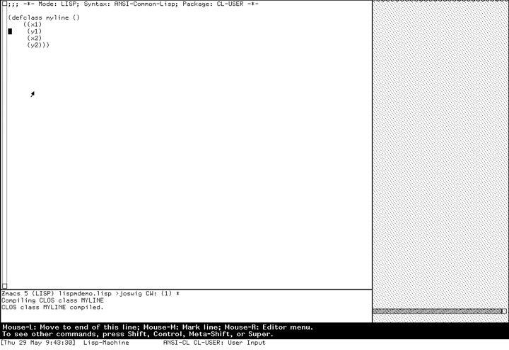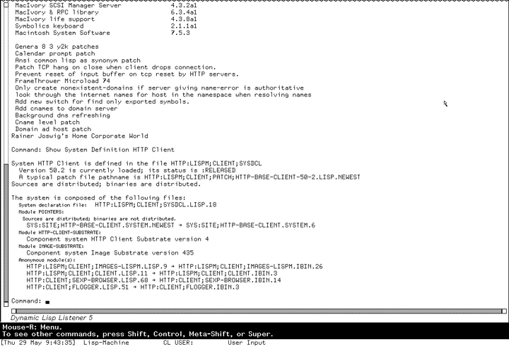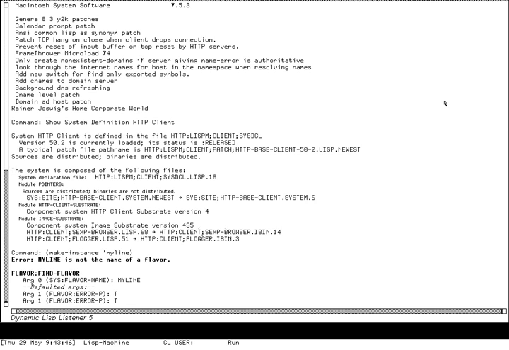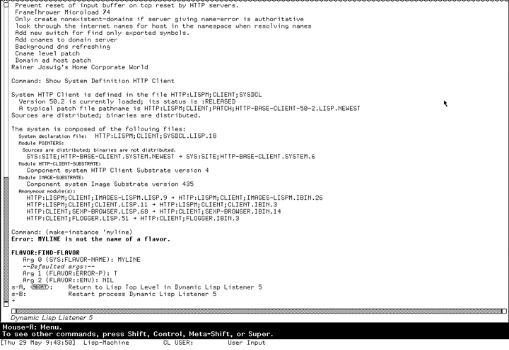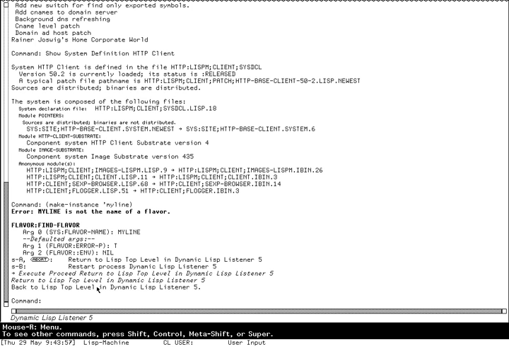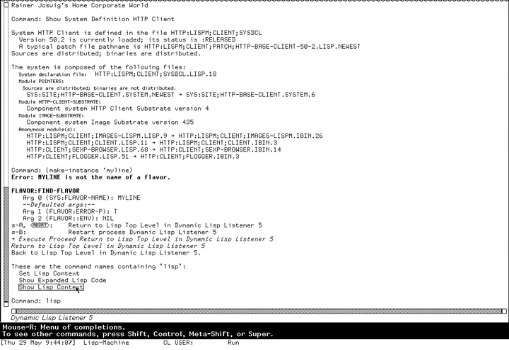We are compiling this with a keyboard command, Ctrl-Shift-C. Class myline is compiled, means we can make instances of it if we are in the right package. So you see we are probably in the wrong package. You get an editor. Well, we want to get back to the Lisp top level. What are the commands with Lisp? So we want to set the Lisp context,